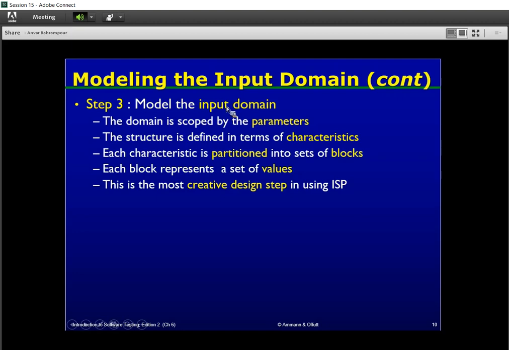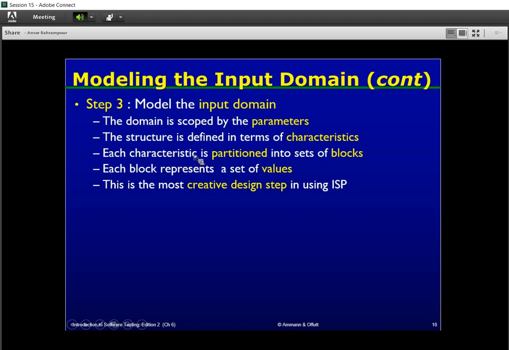To partition the input domain, as I said, we should use several characteristics of all parameters and define several combinations of input types and input values, and select our test cases among them. So the domain is scoped by parameters. The structure is defined in terms of characteristics,